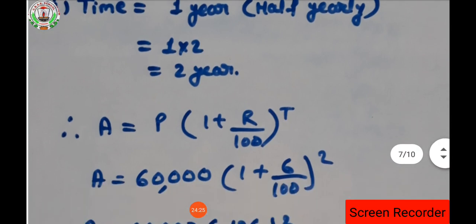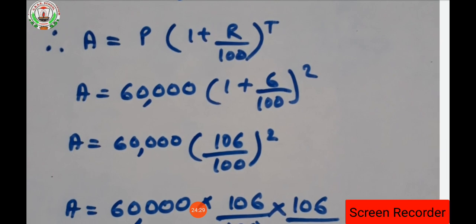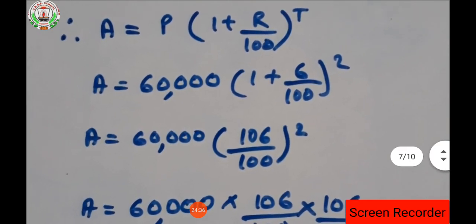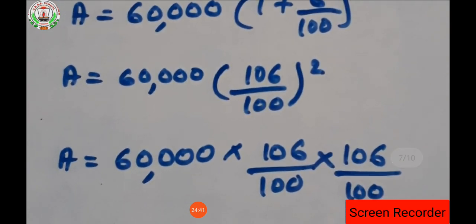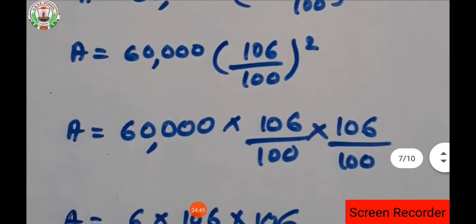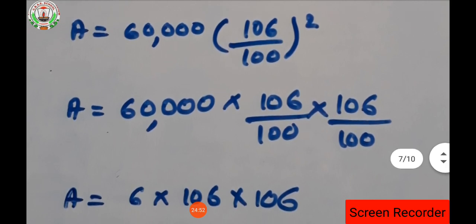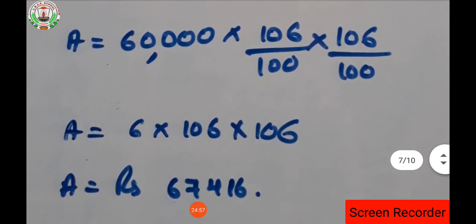Okay. Now putting all the values in the amount formula, that is 60,000 into 1 plus 6 upon 100 whole to the power 2, as the time is 2, that's why. Okay. Now after solving that, same value we will get as in the above we are getting, isn't it? So here the power 2 is there, that's why we are going to write 106 upon 100 into 106 upon 100. Twice we have to write. Now after writing twice, we can easily solve it.